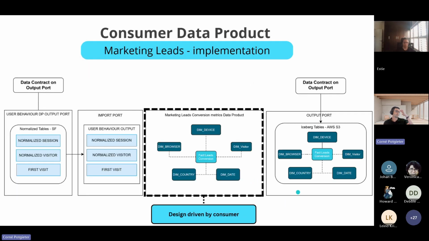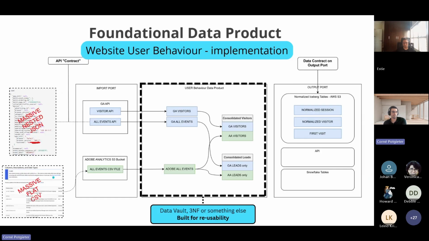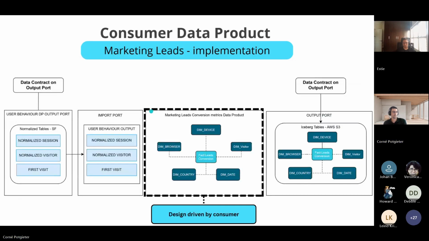The consumer data product is then using these normalized Snowflake tables from this data product as an input. And this one is specifically built for the use case for the consumer. So again, you can use whatever modeling technique the domain decides to use, but this will be driven by what it is built for. Because it's a consumer data product, it is really for that last step in the process. What do I want to build this for? Is it for some machine learning algorithm, or is it for a Power BI report?